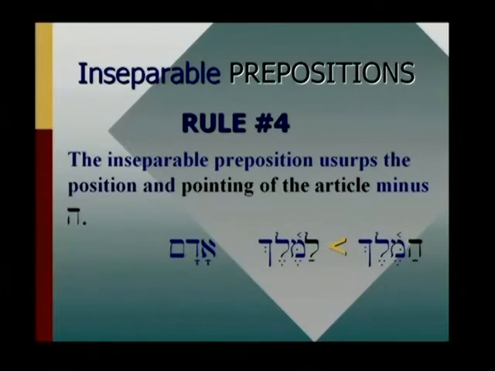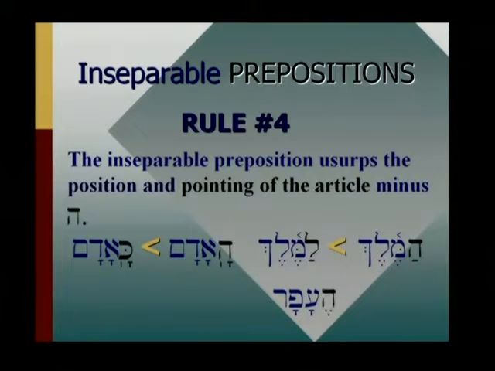So if you have Adam, if we add the article to Adam, remember it's ha-Adam. Aleph rejects the doubling. So if we're going to say for the man, or as the man, and I need to adjust that. I see now looking at it on the screen here, looks like I can't line it up evenly, but the ka-Adam takes the same pointing as the pointing for the article. You just replace the hey with the preposition. Whether it's kaf, like the man, or lamed, for the man, or beth, with the man, they'll all have the same pointing because of the pointing of the article.